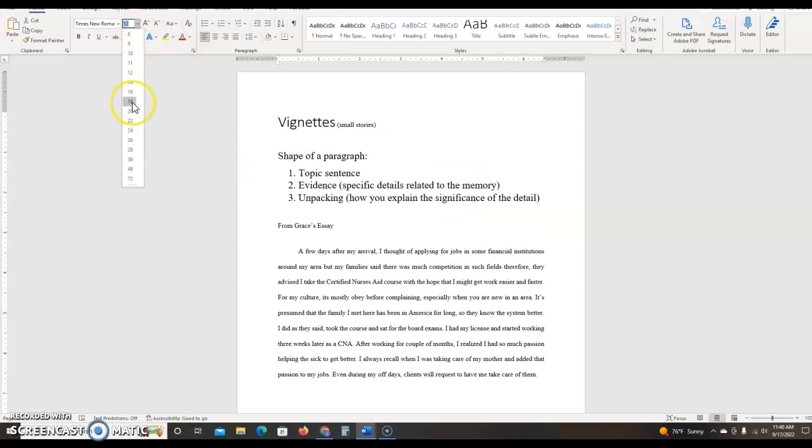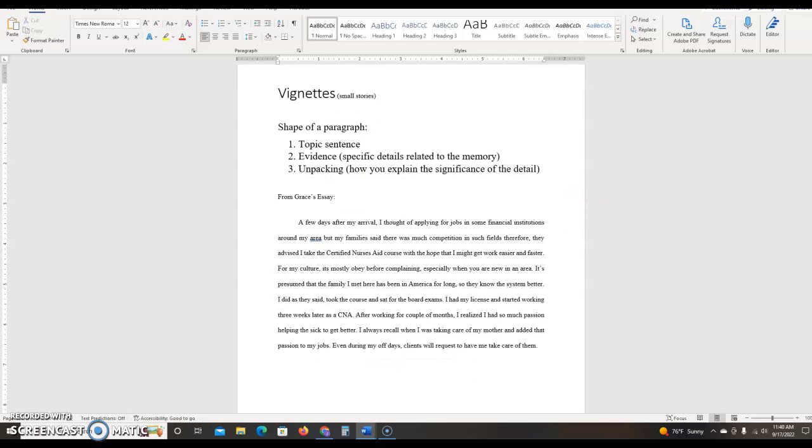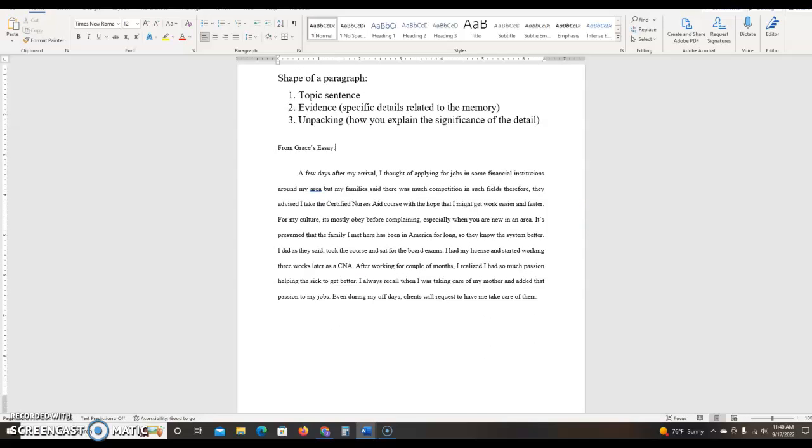This is just an understanding of how you can imagine the pieces that go into body paragraphs in a narrative. You may not always have a topic sentence. For example, if you have dialogue that goes one line, somebody says something, then the next line somebody says something else, you're not going to have this shape. But these are pieces that can help you fulfill these larger vignettes and grow them into something nice and sort of chunky. So this is from Grace's essay. Let's take a peek at it. Let's see what we can do with it as if we were Grace ourselves.